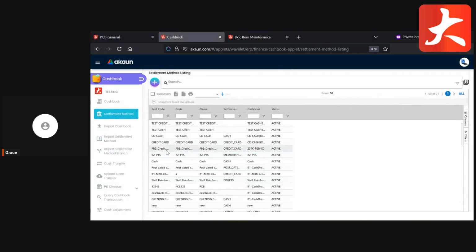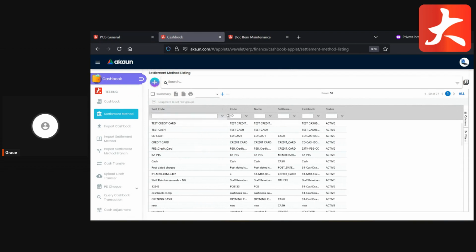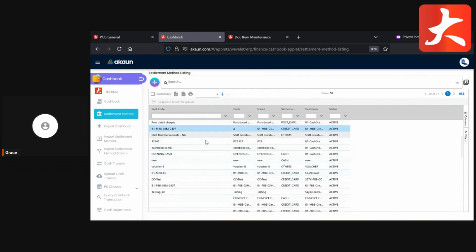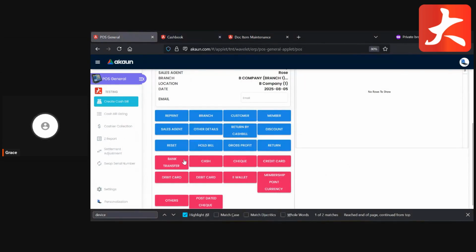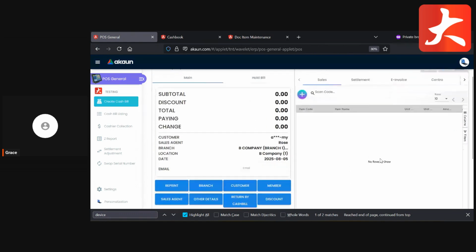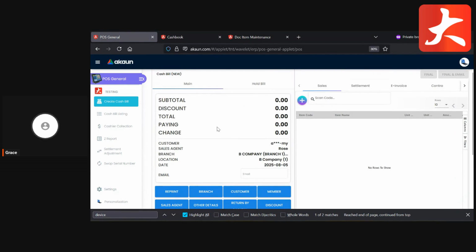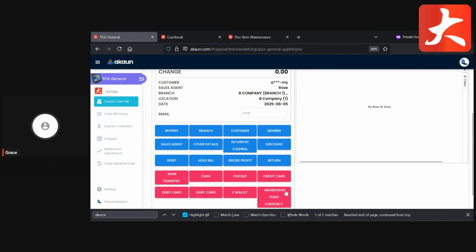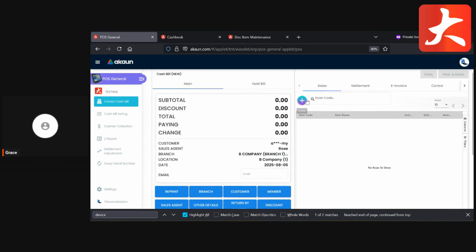Okay, settlement method. For example, you have a UOB credit card. Okay, UOB, because I don't have permission to edit. You have a UOB credit card, a UOB debit card, Mastercard, or maybe Grab Pay, and all of that will be your settlement method. Okay. So from there, you can see all of this red color. Then after all the setup is done,